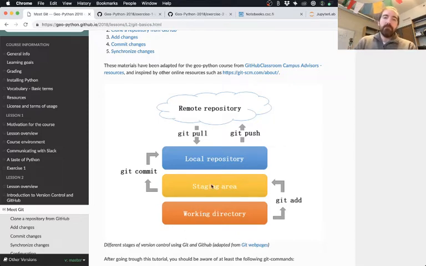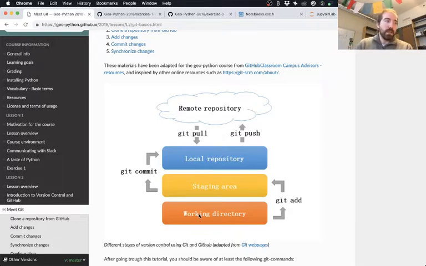So when you have one of the exercises, for example, it is an exercise that's stored in a Git repository on the website github.com. When you copy it down, when you clone the repository, to use the Git terminology, it makes a copy of all the files in that repository, and that copy is itself a Git repository on your local computer, or on the cloud computer you're using. So it copies the files to whatever computer, cloud, or your own machine. And then you can start working with them.